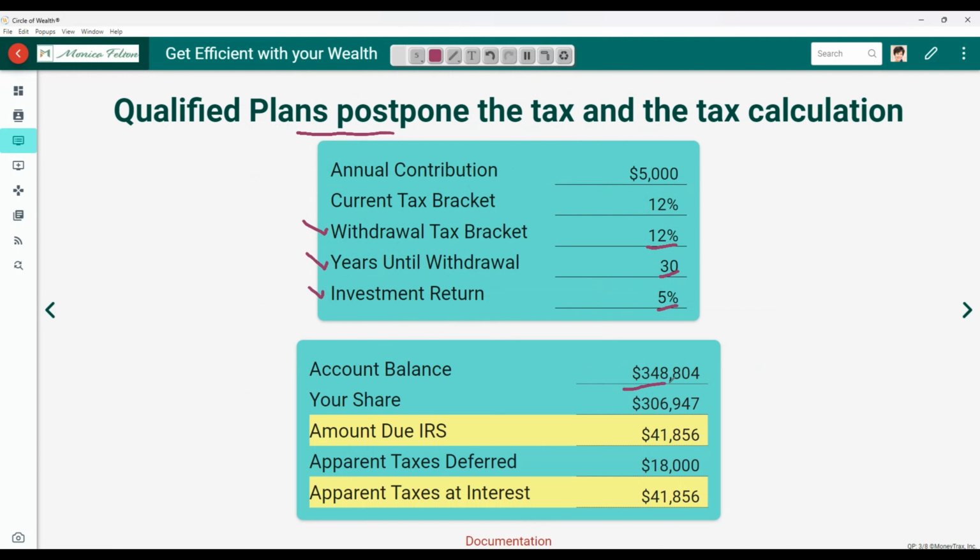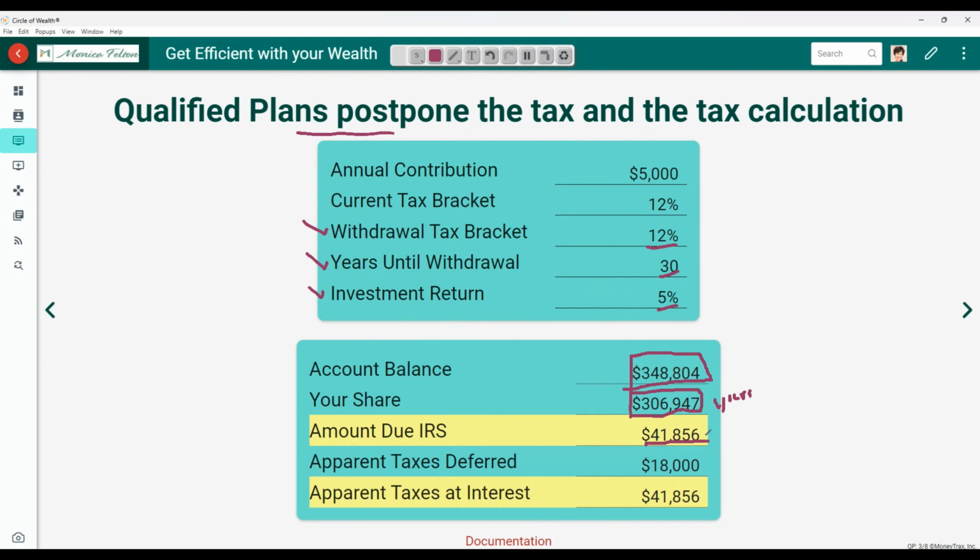Well, good for you. You would have an account where there's about $350,000 in there. But please know, not all that money is yours. You have a partner in qualified plans called the US government. So your share of that $350,000 is $307,000. That's yours. And what's the government's? Well, you owe the IRS about